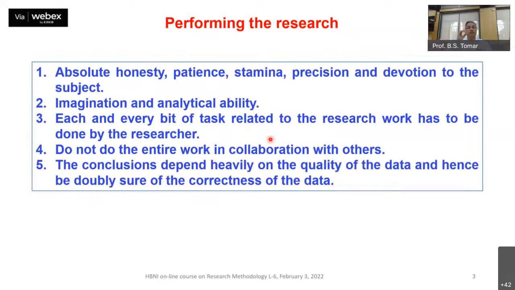Okay. So certain aspects are very important while performing the experiments in the laboratory or in the field. And these are all, though they are of common knowledge, but they have a lot of importance when it comes to the final results. Your honesty is reflected in the final result that you will be showing to the world out of your work. And also the patience with which you have to work.